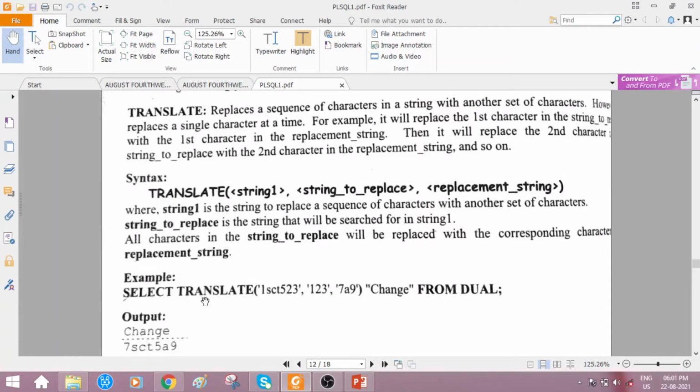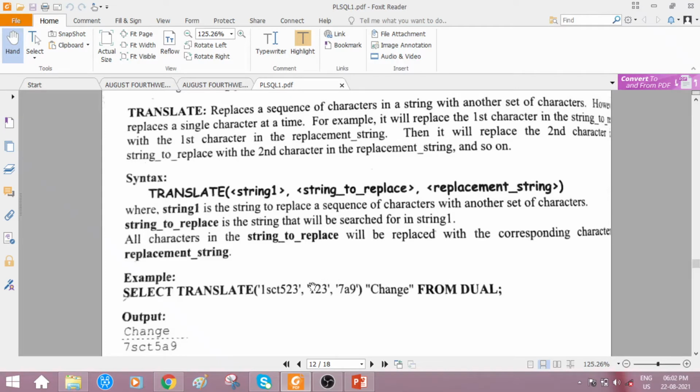Just check out the example here. Select the string function translate, open parenthesis. What is the original string here? 1SCT523. This is the original string, string 1, the first argument. What is the second argument we should provide? The string to replace.